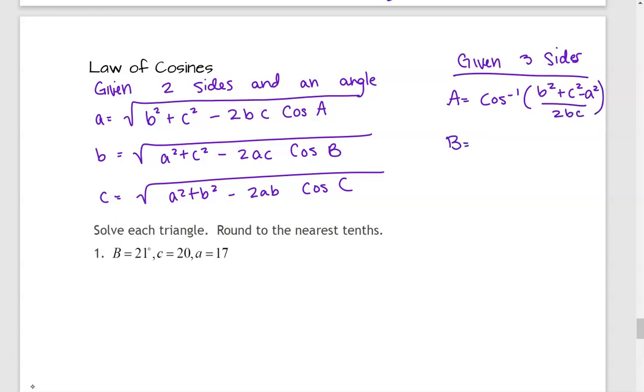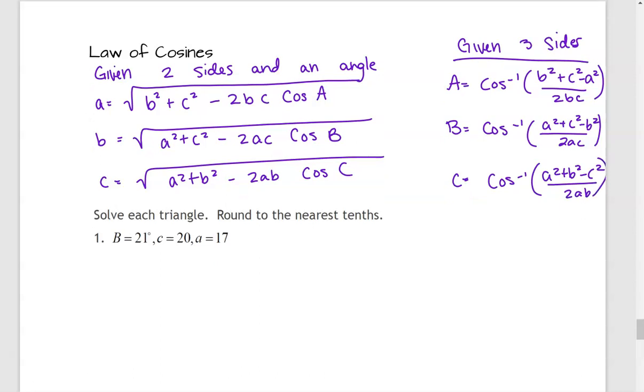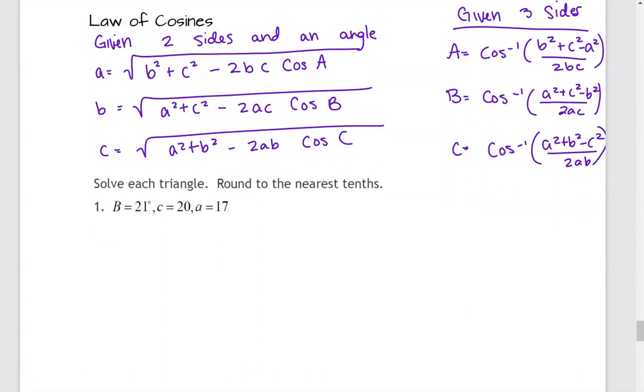And then angle B is the cosine inverse of a squared plus c squared minus b squared over 2 times a times c. And then capital C angle, cosine inverse of a squared plus b squared minus c squared all over 2ab. Okay, so looking at this one, we don't switch back to law of sines, we just solve